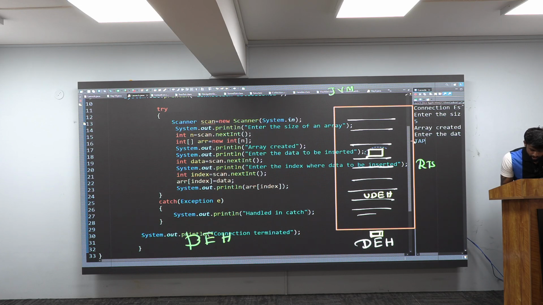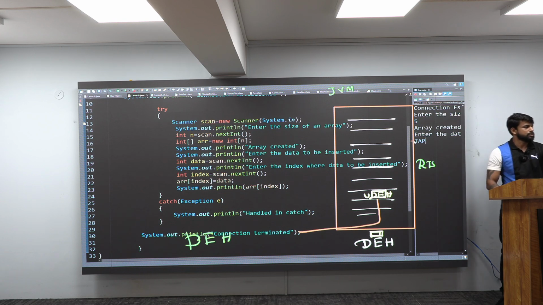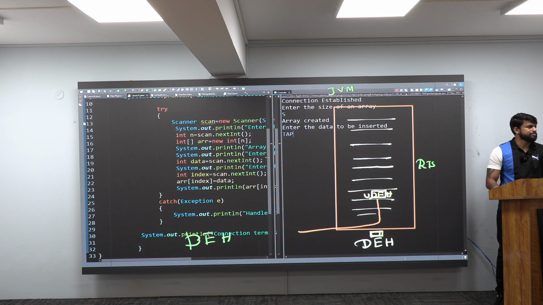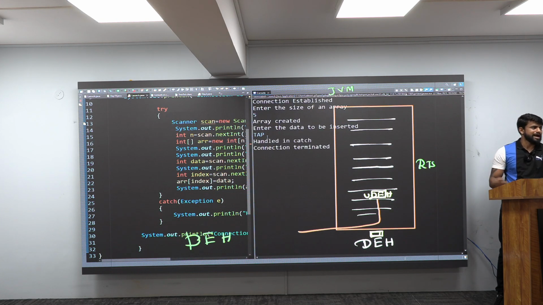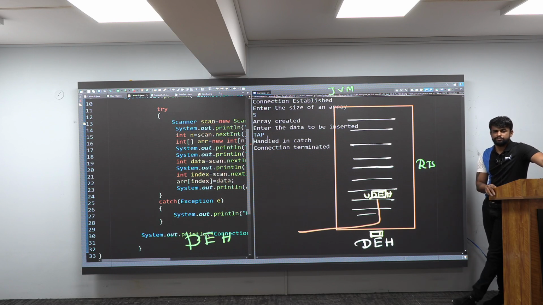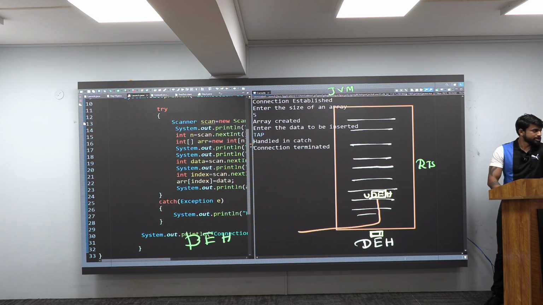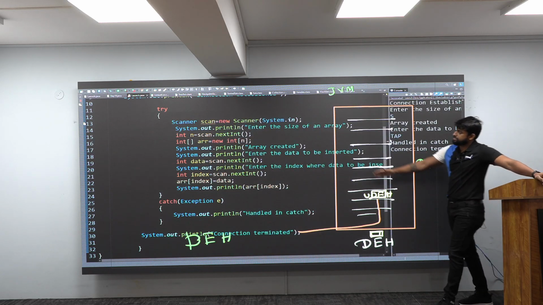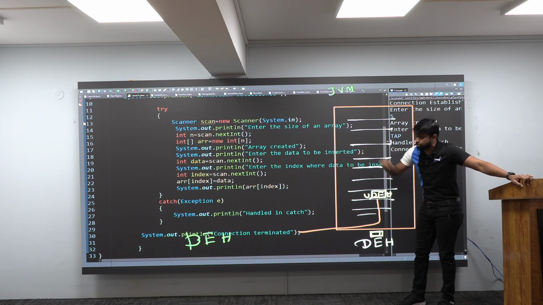And this exception object will immediately go to runtime system. It will go to your same program and check for UDH. Do you have UDH? Yes. Yes means it will be caught by him. If it is caught by him means all the lines under this UDH will execute properly and terminate normally. Really, sir? If in case I come here and hit enter like this, handled in catch, connection is getting terminated. Got this, all of you? Great. But my question to you is, you can notice there, enter the data to be inserted. After that, it did not ask any of these questions.